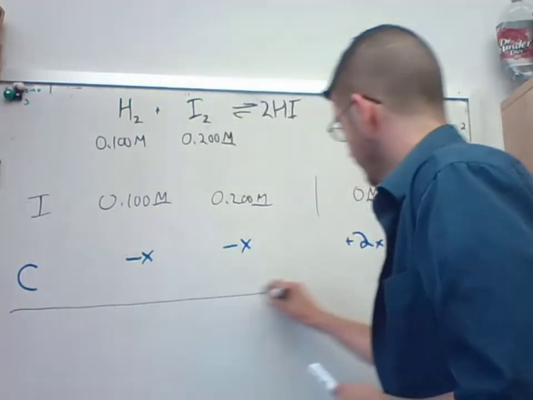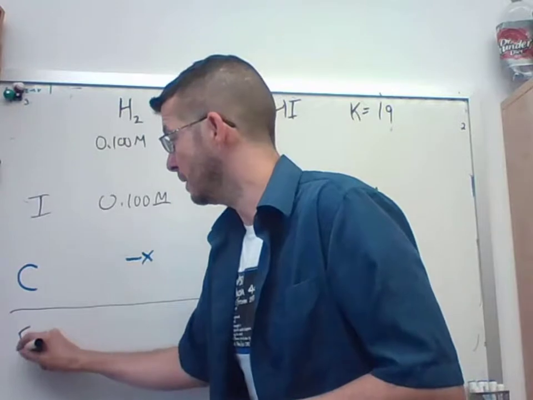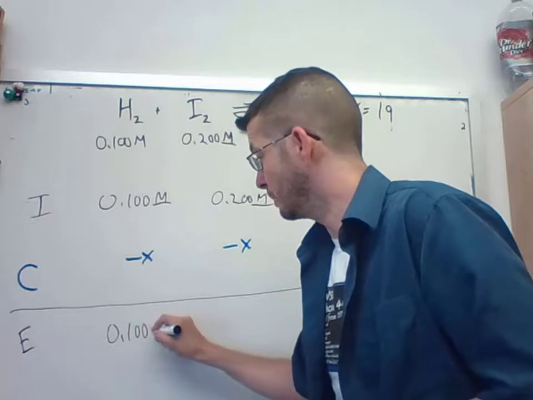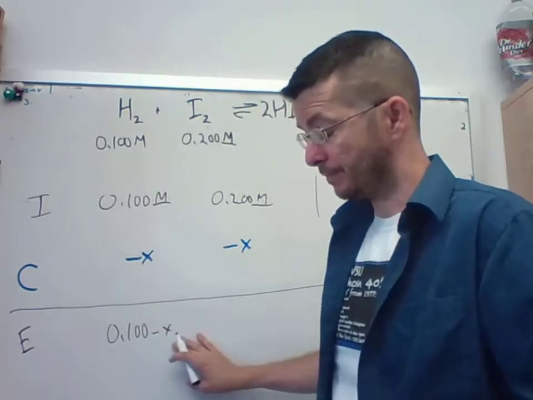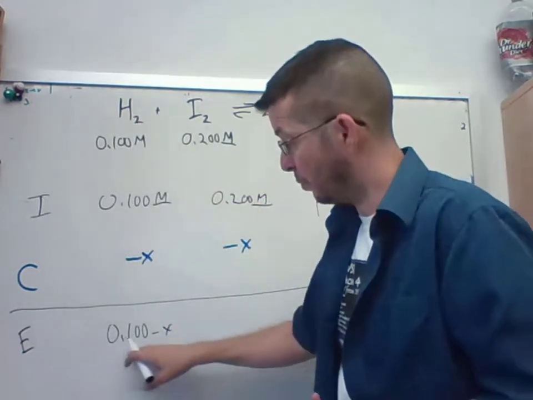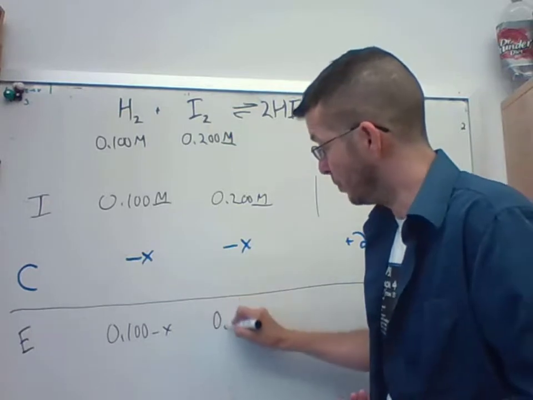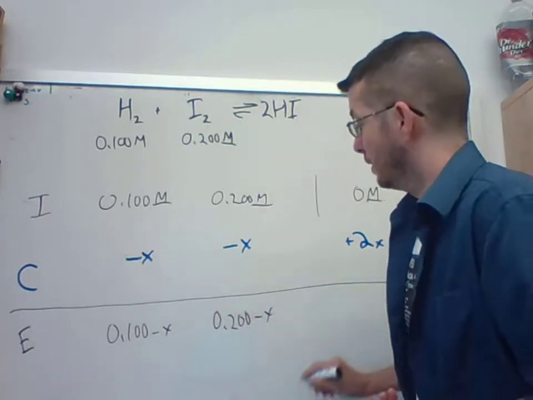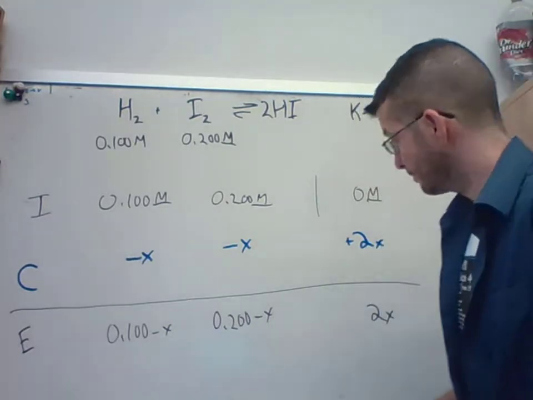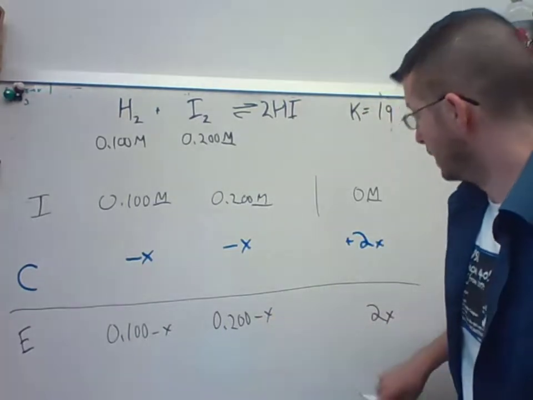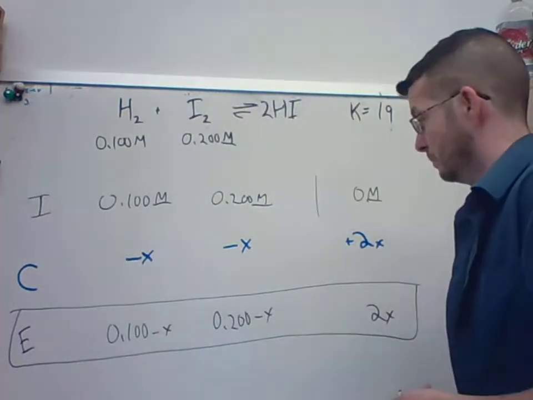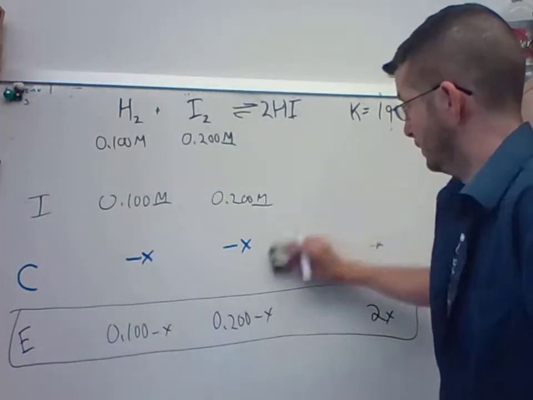So at equilibrium, we can combine these two. At equilibrium, the H2 will be whatever's left over, 0.100 minus x, and the I2 will be 0.200 minus x. And the HI will be whatever had been consumed, 2x. And we're left with potential concentrations at equilibrium. Now that alone isn't very useful,